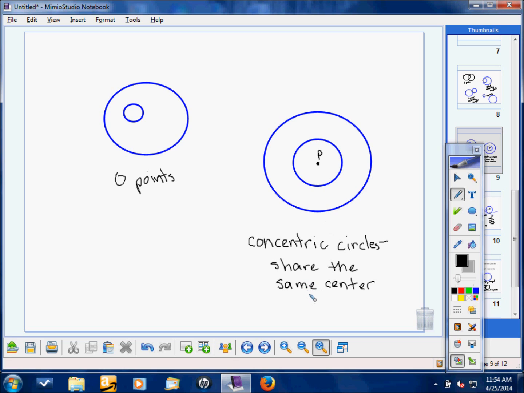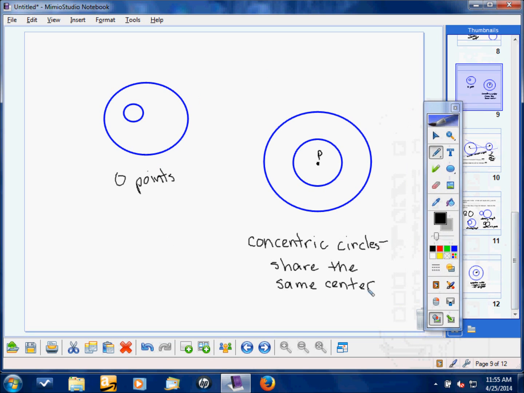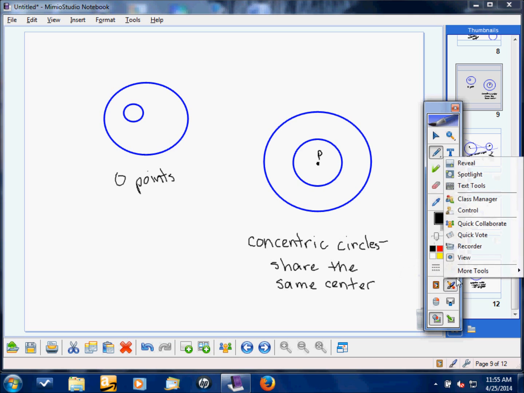Now, each circle has an interior and an exterior. Interior would be inside and exterior would be outside. I'm not taking the time to write that down because it's so natural. But there are a couple questions in your book about the interior and the exterior, just so that I said it once. Okay, so that pretty much wraps up what you need to know for this particular section. Your assignment will be to